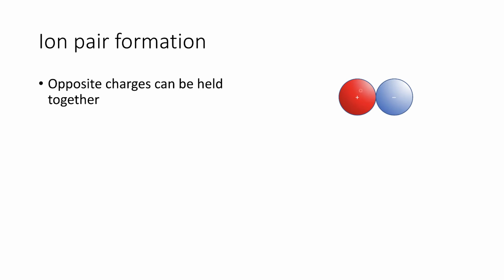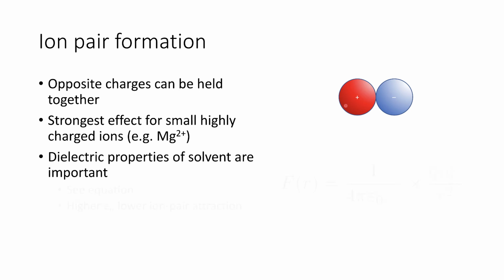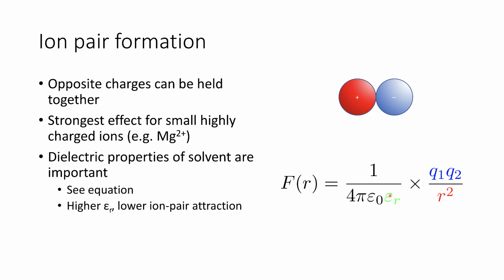Ions in solution can readily form ion pairs. So no great surprise that opposite charges can be held together. A positive is held to a negative charge. This effect is strongest for small, highly charged ions, so magnesium 2+ is a key example. But we also have to consider the dielectric properties, that epsilon R component, the relative permittivity. We'll talk more about this later on, but this relative permittivity is key in whether or not ion pairs will